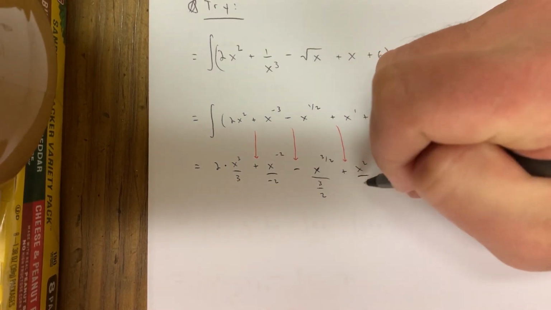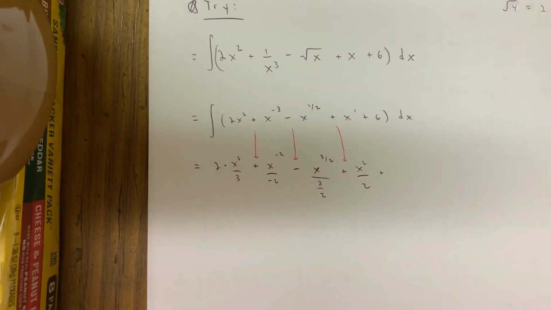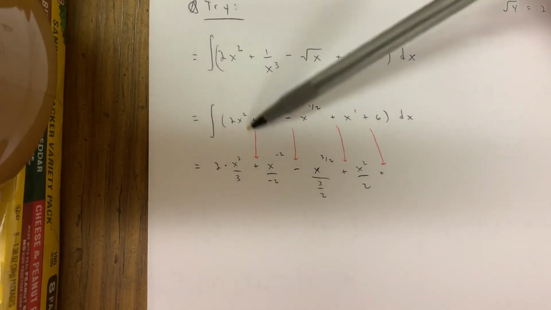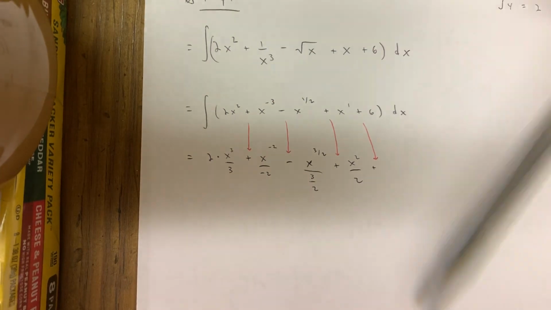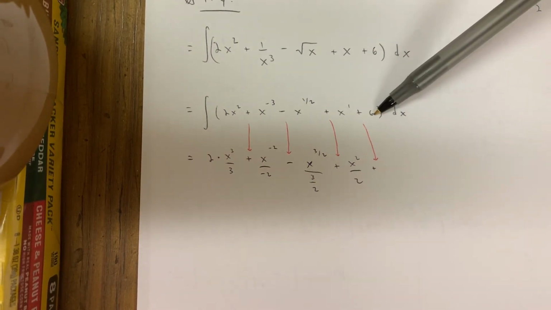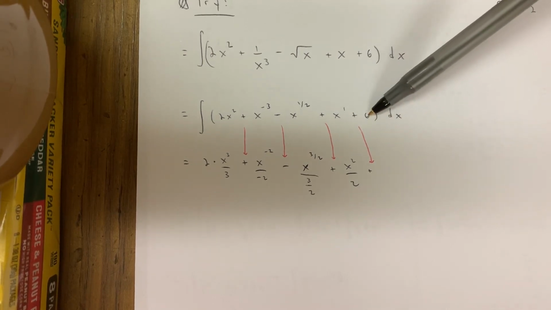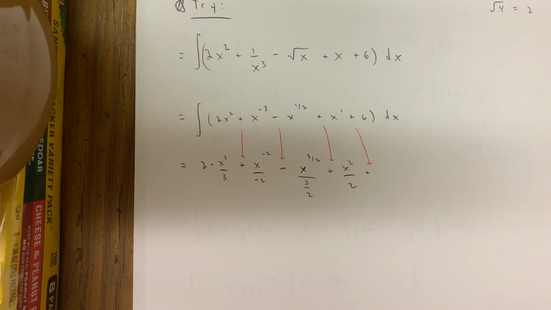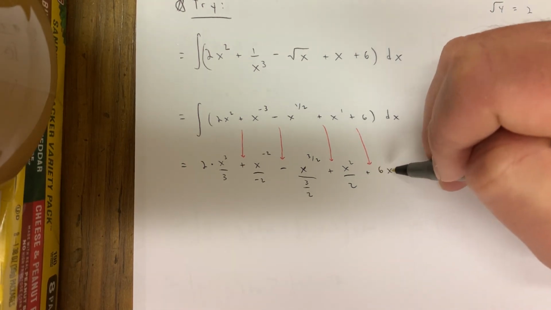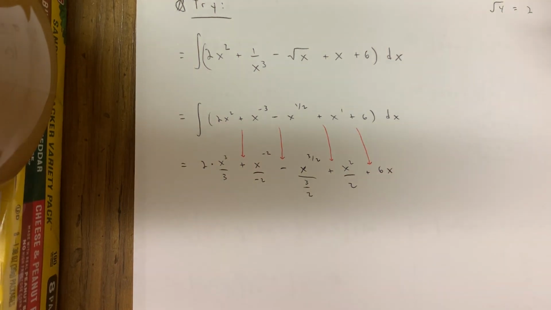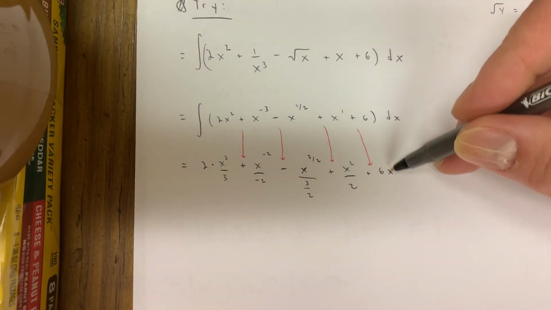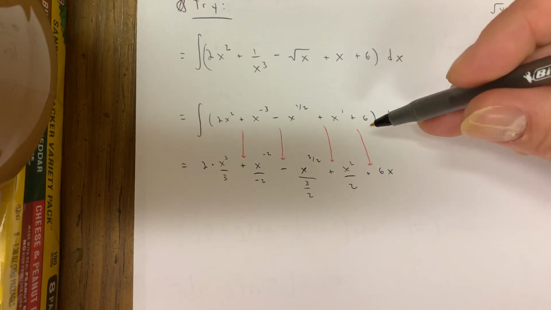X squared over 2. Plus, now we got to integrate 6 with respect to x. And you should know how to do it. Remember the simplest way to integrate anything. We kind of get lost in that because we kind of focus on rules for a while. But the simplest way to integrate anything, that's somebody's derivative in there. Whose derivative? The answer's derivative. So what do you differentiate with respect to x to get 6 back as an answer? And that answer is what you want to grow up to be, what you're all going to grow up to be, a success. Okay? If you take the derivative of 6x, you'll see you get 6 back as an answer,